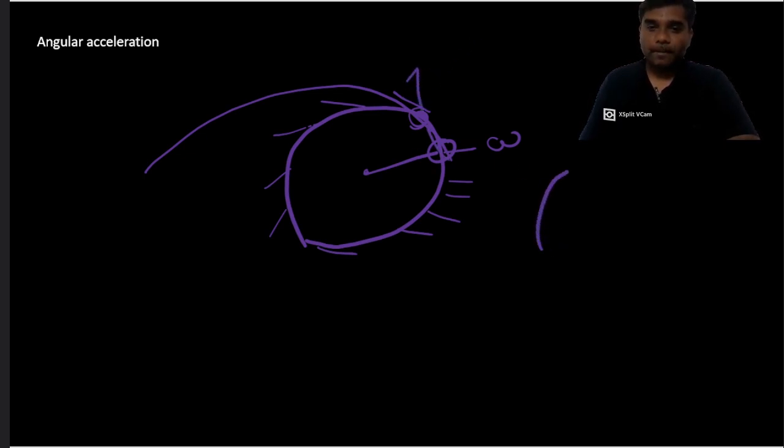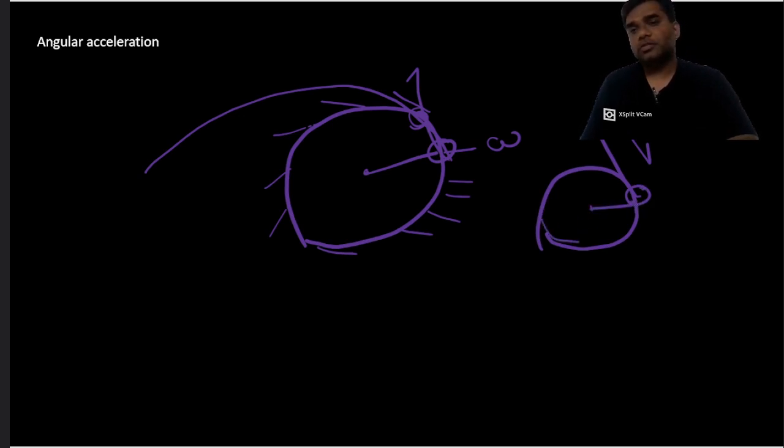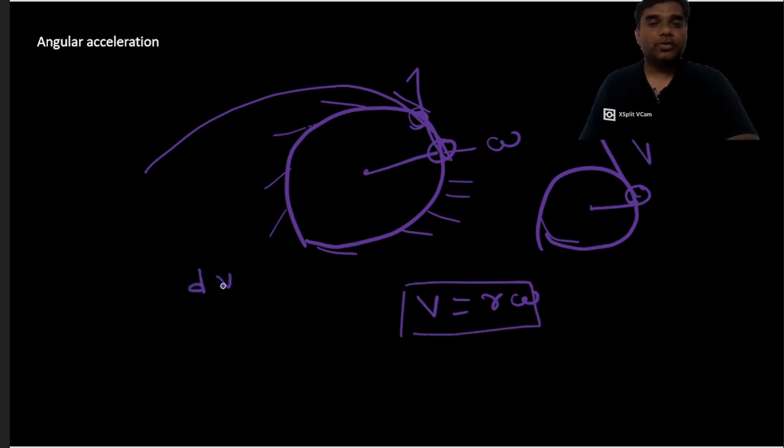So first of all, on a circular path, let's see this. Suppose this is a velocity vector, this is the object. This velocity has a relationship with angular velocity: v is equal to r omega. If you take the derivative with respect to time, dv by dt is equal to r d omega by dt. r is the radius and d omega by dt is alpha. So dv by dt,